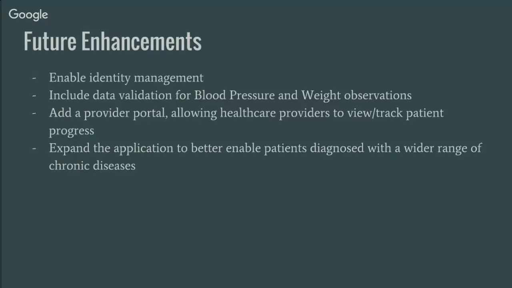Then we would add a provider portal. This would allow healthcare providers to gain an aggregated view into their patient data and the patient's progress toward agreed upon goals. Lastly, and most importantly, we would expand the number of chronic illnesses within the application scope. The current application is primarily focused on the treatment for hypertension, which was an achievable goal for the present project. But in order to better impact the US healthcare system, we feel that the addition of additional chronic illnesses to be treated and specialized for within the application is probably the number one enhancement that we could make to deliver enhanced care